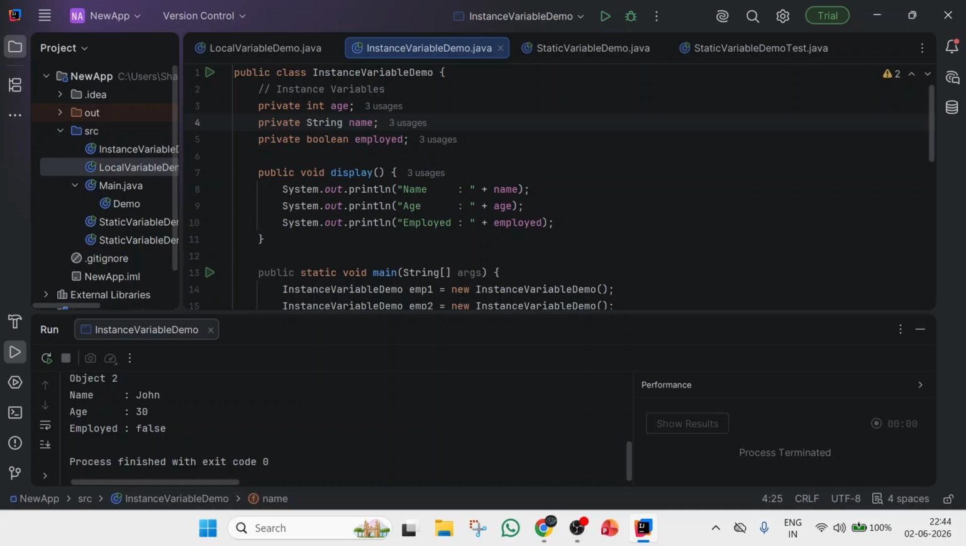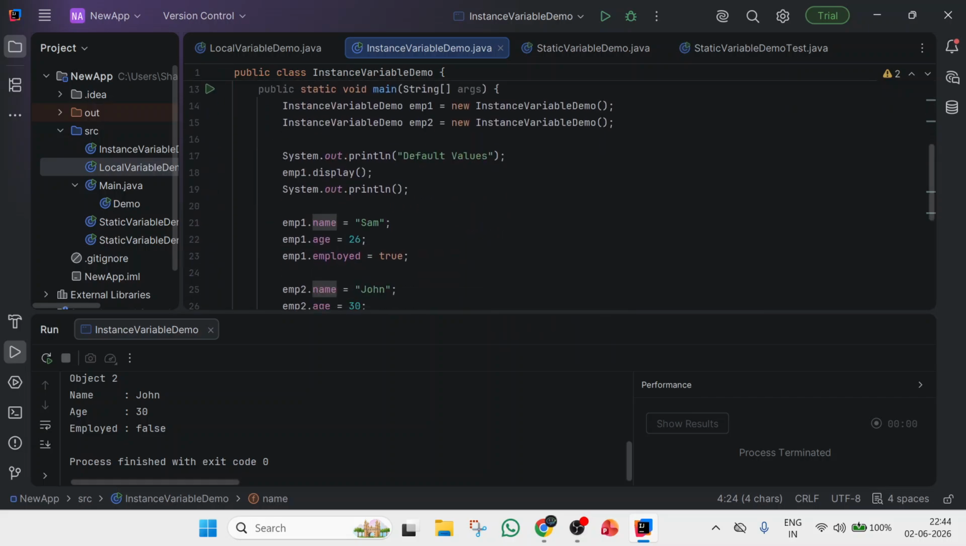So you have this display method. What is this display method doing? We are just trying to print the name. We're trying to access the instance variable directly here, and we are just trying to print the name, employee age, and everything. And after that, if you see down,